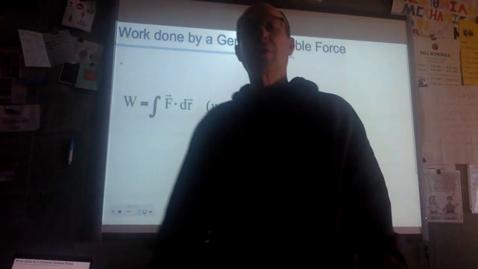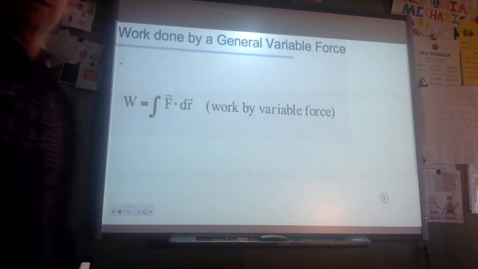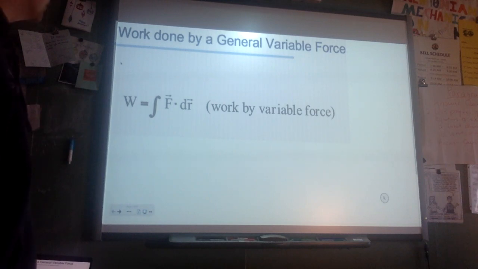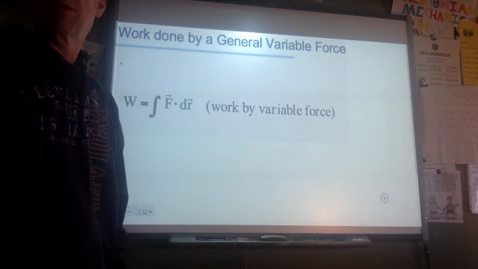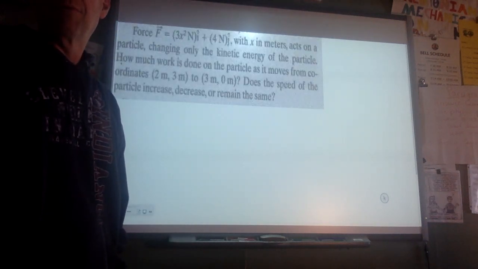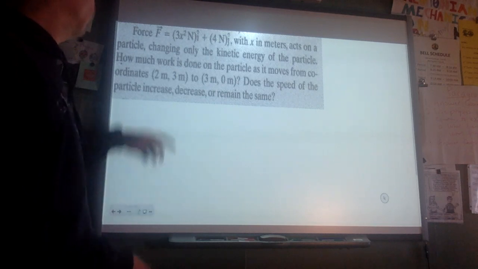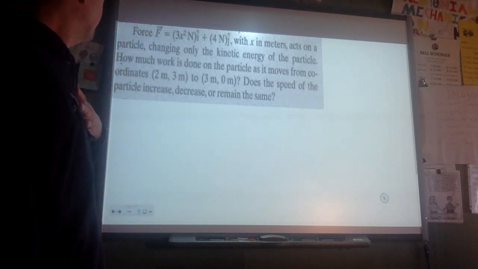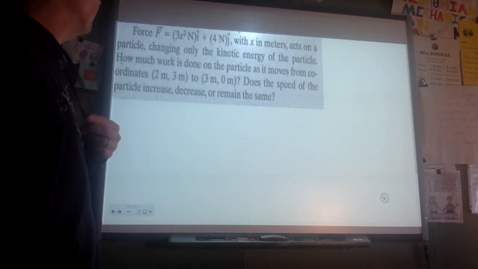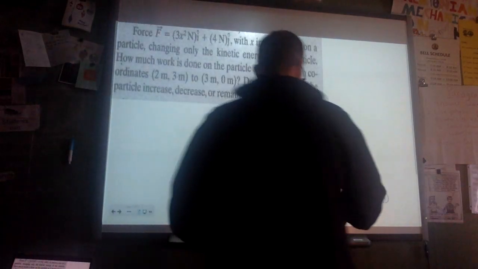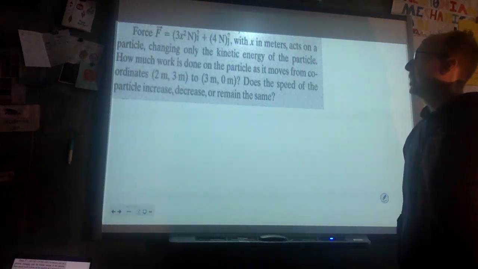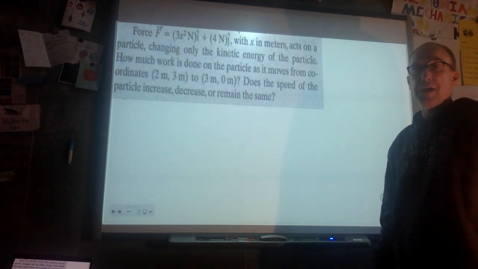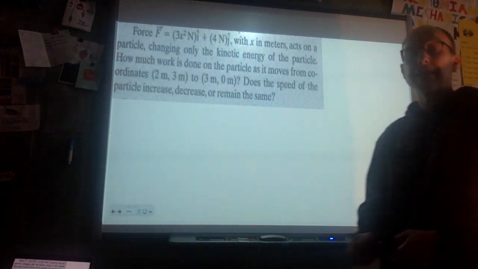So, in general, we know that the work is going to be the integral of the force with respect to the change in the position. So this is the work done by a variable force. If you look on the notes, we have this problem where they're telling us that we have a force that is 3x squared newtons in the i hat direction and 4 newtons in the j hat direction. This i and j